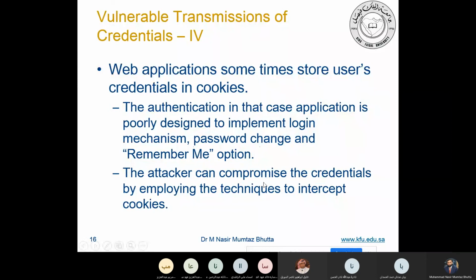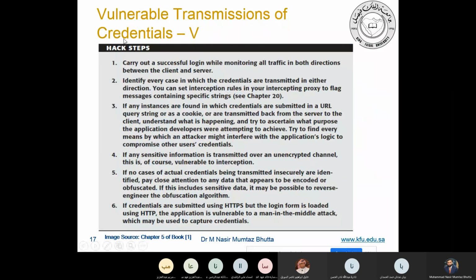In this way, an attacker can compromise the credentials by employing different techniques to intercept. For example, this is intercepting the cookies. If the username and password is stored in the cookies, then you can find it here.